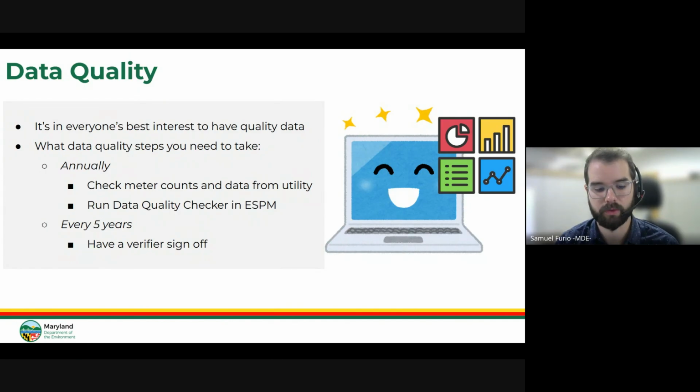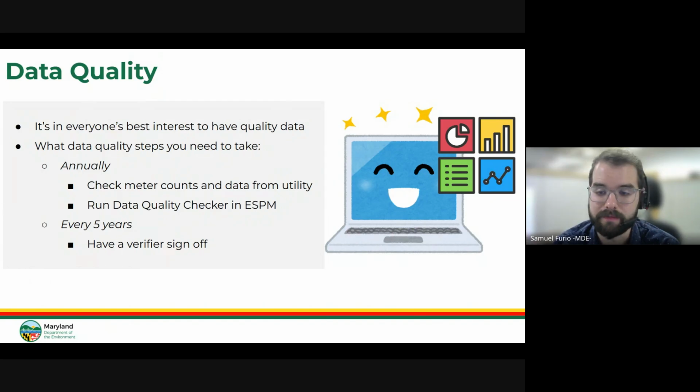And so we'll be using that data to review the performance standards and determine if they're accurate or if we need to make adjustments. And also in general, having accurate data helps building owners efficiently assess improvements to their buildings if they do need to make them. So it is in everyone's best interest to have good quality data.